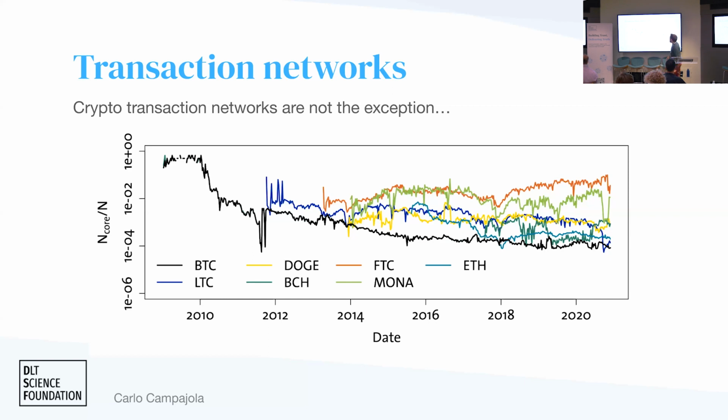and so on. And as you can see, since you have the whole history, it's interesting to see how this is a declining line for most of them, right? And specifically for Bitcoin, but also for Ethereum, which is here. So it's a declining line, right? So this means that the core is getting smaller and smaller compared to the total size of the network. The network is growing, right? But the fraction of nodes that lie at the core of it are less and less.